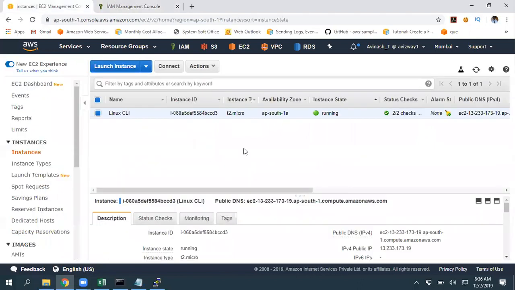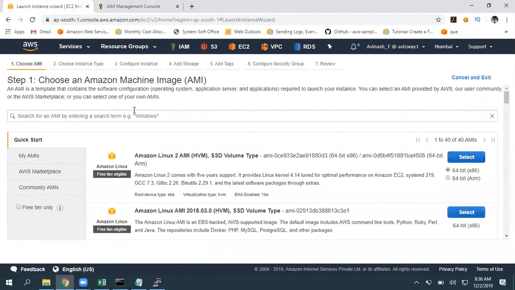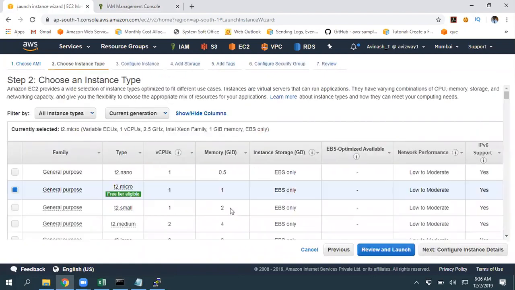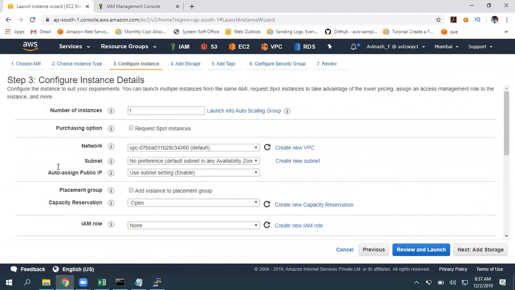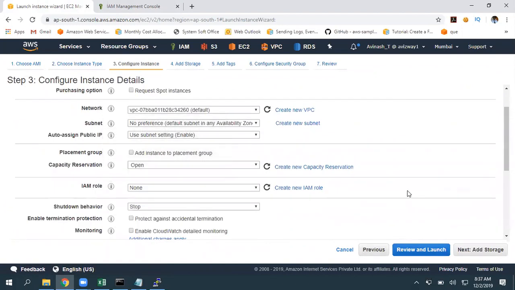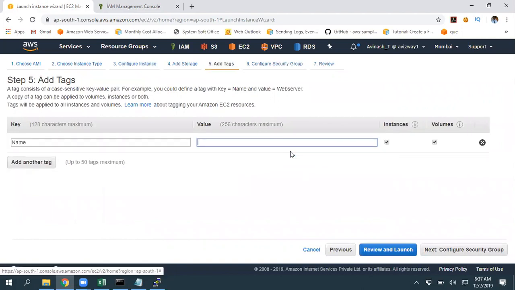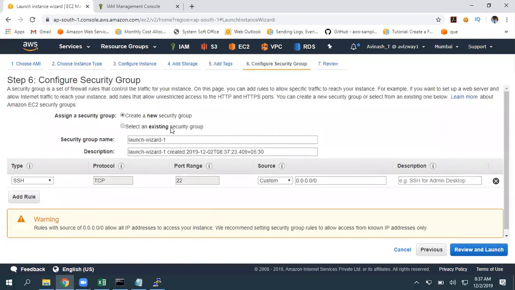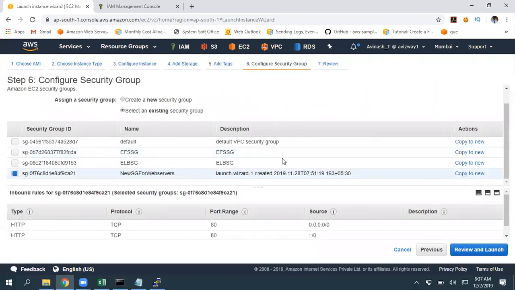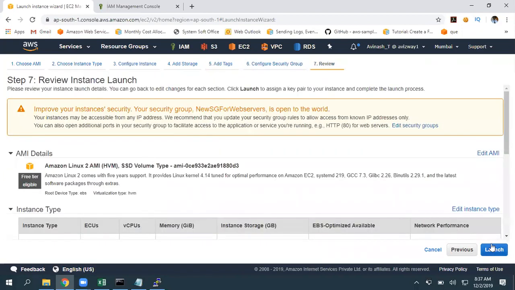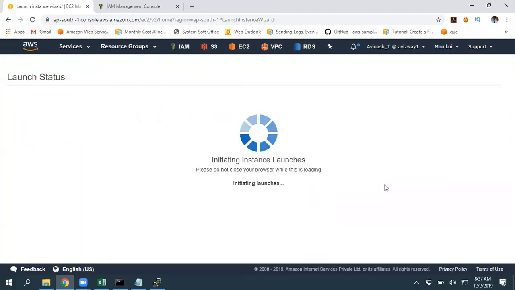So let's quickly launch an EC2 instance. Launch instance, Amazon Linux AMI, T2 micro, and here we have an option called IAM role. After instance launch also you can associate. Just go here, select this S3 read-only role. So I'm selecting that. Then click on next. 8 gigs, tags. This is with the role option. Click on next. You can choose an existing security group or a new one, then click on review and launch using a key pair.